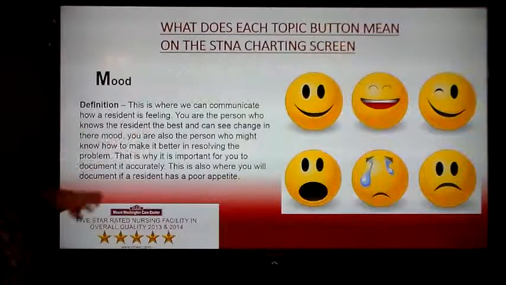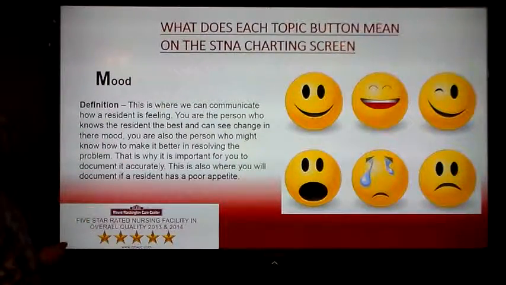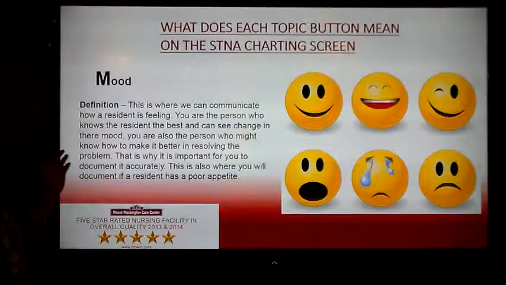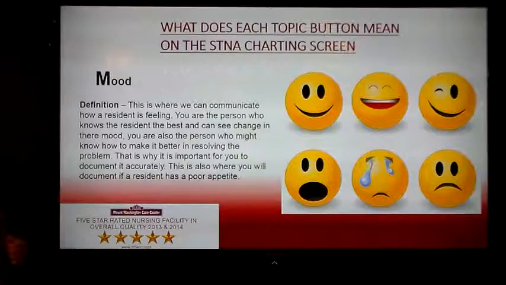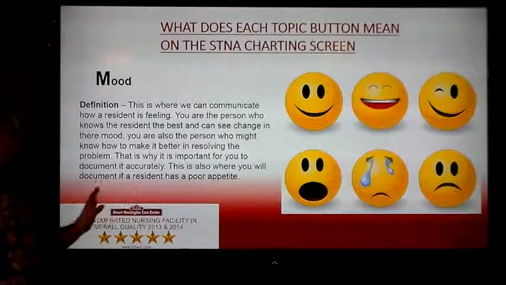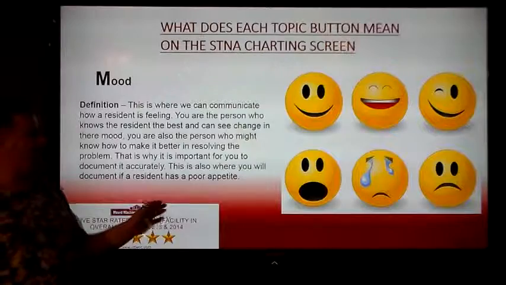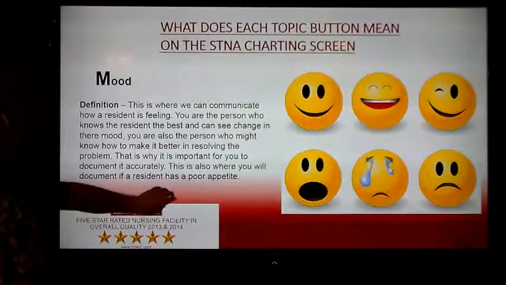Mood. This is where you can communicate how the resident is feeling. You are the person who will know the resident best and can see changes in their mood. You're also the person who might know how to make it better in resolving the problem. That is why it's important for you to document this accurately. This is also where you will document if the resident has a poor appetite. The social workers will use your chart